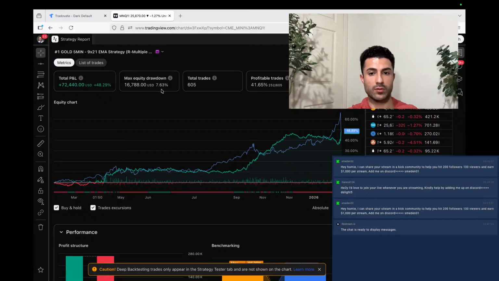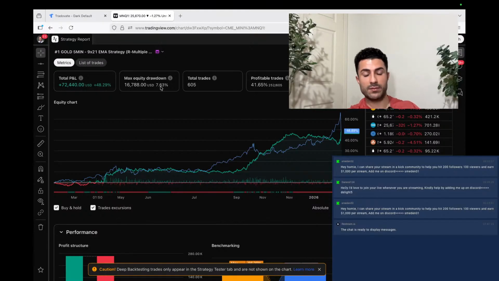So if you have this just going with a bot, sometimes it's obvious, like it'll hold too long. If you're paying attention, you can exit, like at a Bollinger Band touch or divergence. I mean, you also gotta use your brain a little bit. But the max equity drawdown of 7%, that's pretty damn good. You can't even blow an account like that.